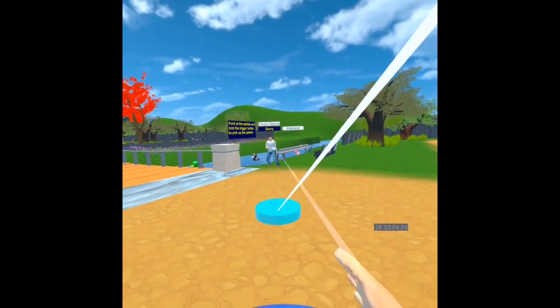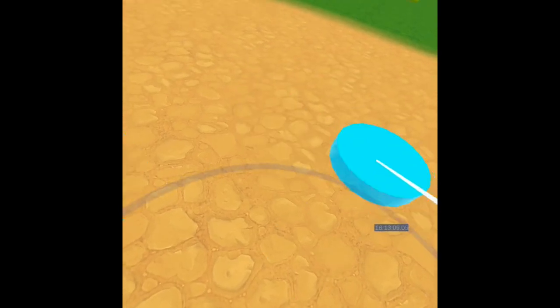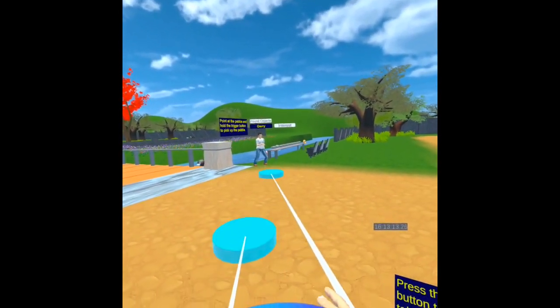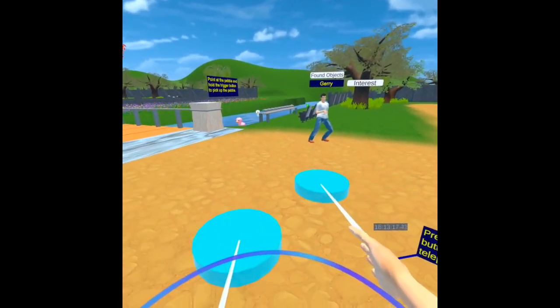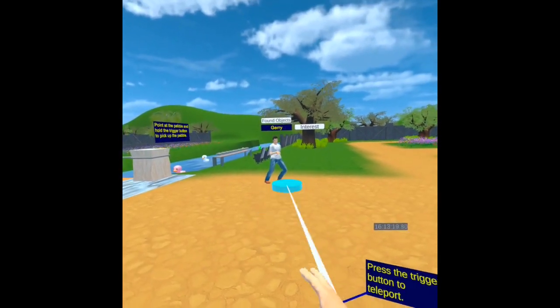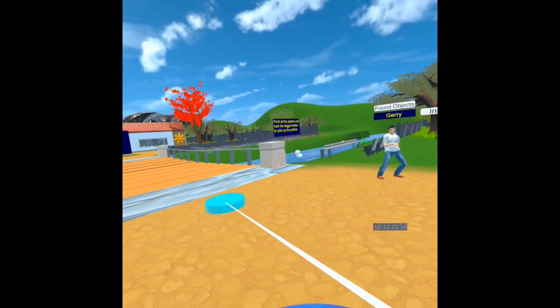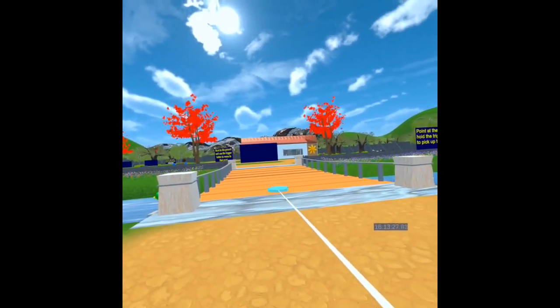Oh yeah, it should also be noted that when participants move around, their movements are synchronized. So when I move, they will also move, and they will see my movements on their view.